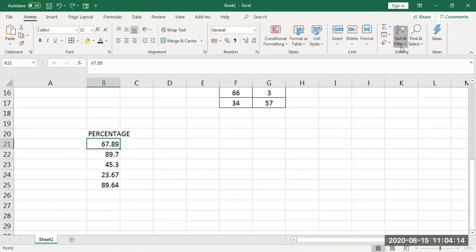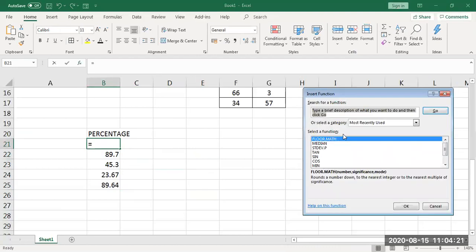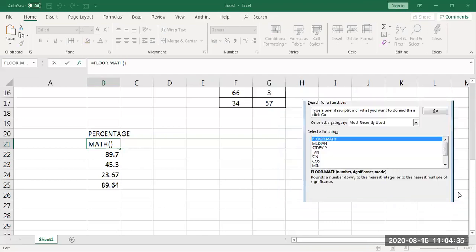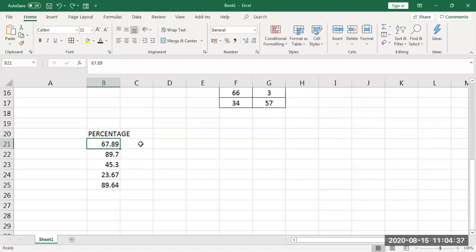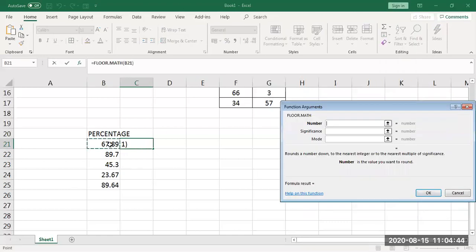Select it. Go to the sum function. Go to more functions. Here, what you wanted is a floor value, so floor.math. Which number do you want a floor value for? The mistake I made was that I had not selected an empty cell. I entered a cell which already had values. So select an empty cell, go to more options, floor.math, then select the number you need a floor value for and click